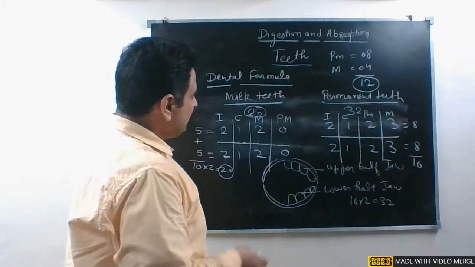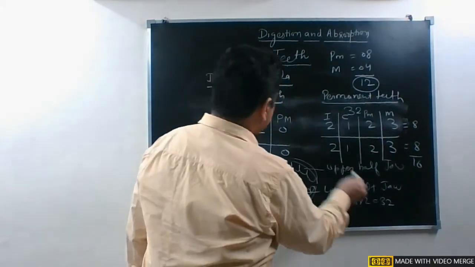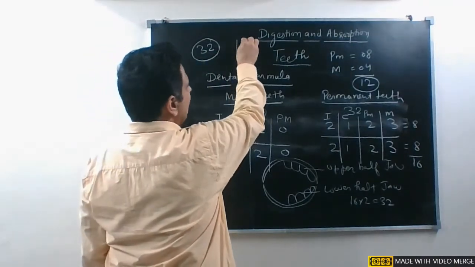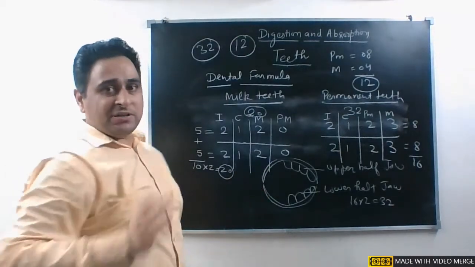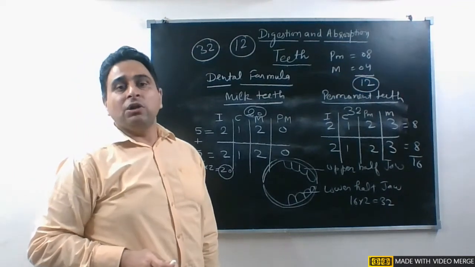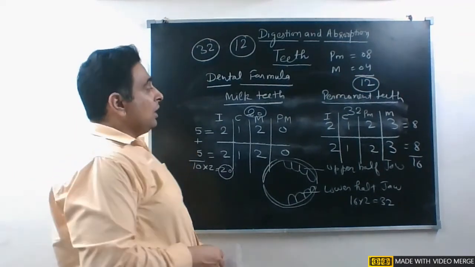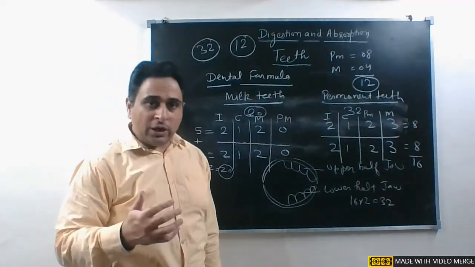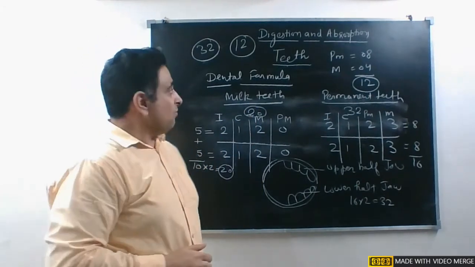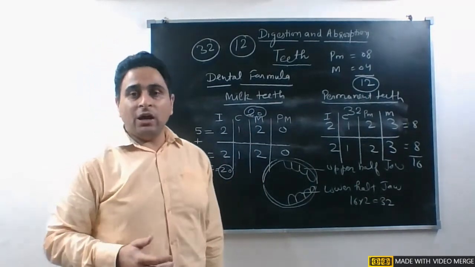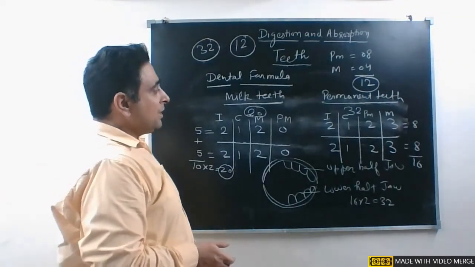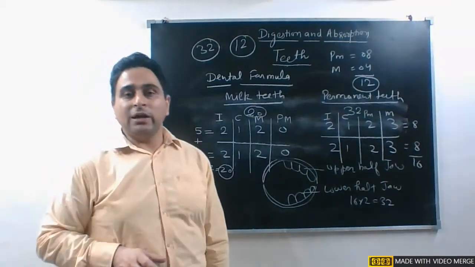So we can say that out of the total 32 teeth in adults, 12 are monophyodont in origin, whereas 20 are diphyodont in origin. It is very important to understand how many teeth in humans are monophyodont in origin, that is 12 teeth, whereas the rest 20 teeth are diphyodont in origin. So with this, student, we have completed all the important components of buccal cavity.